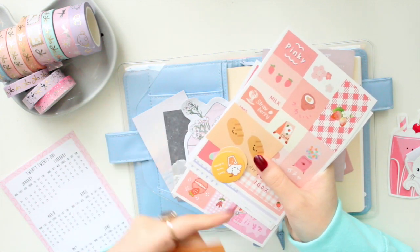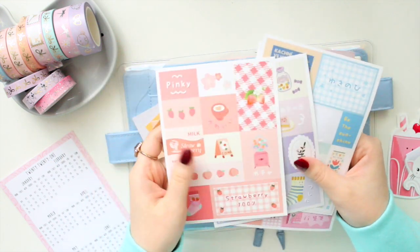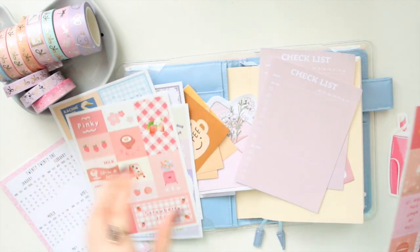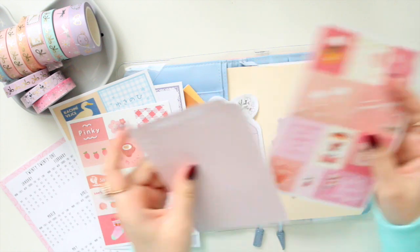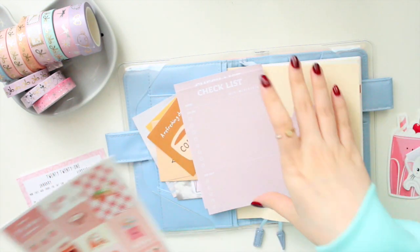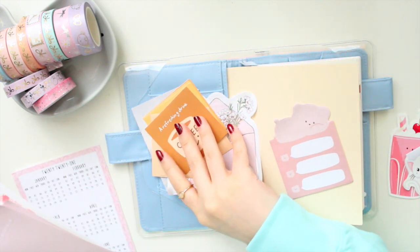They come in a lot of different sizes, so I might use that. And then I have the full sheets here as well, which I'm hoping will fit in here. I'm not really sure, I'll have to check. Yeah, I guess they'll fit. So these are all the things that I want to include in here. So hopefully I'll find a way to store them in here so I can use them as the